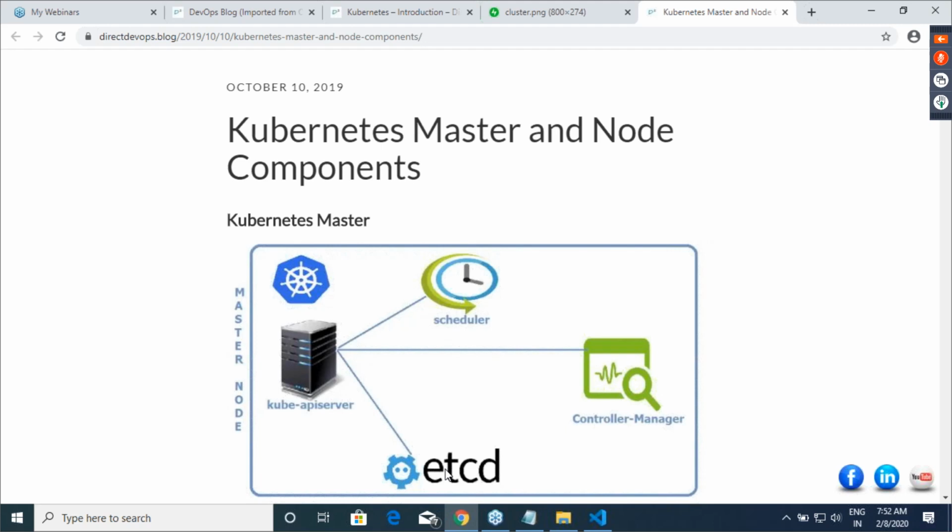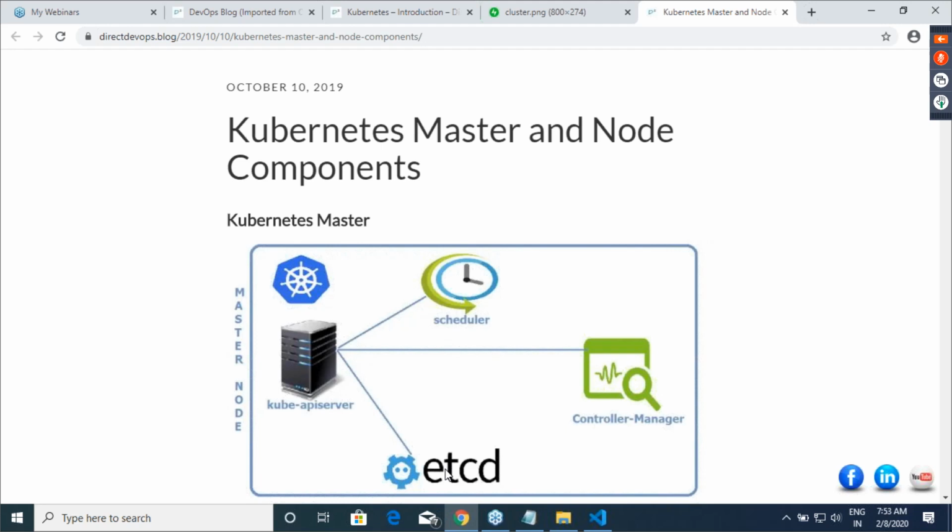Yeah. And then are you seeing etcd? Whenever you ask for something, you are telling what you want to do, your desired state. How many nodes do I have in the cluster? What is actually running now? All of these are details about your Kubernetes cluster. So you can think of etcd as the memory of this Kubernetes cluster. Whatever is happening in the Kubernetes cluster will be stored in etcd. Am I clear on this? etcd is the memory of the Kubernetes cluster.